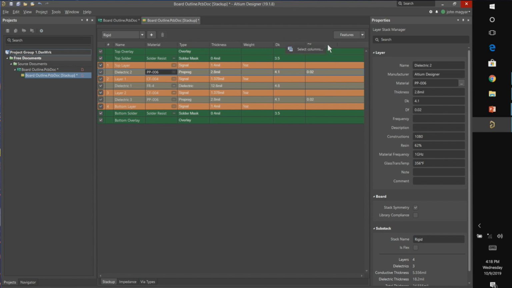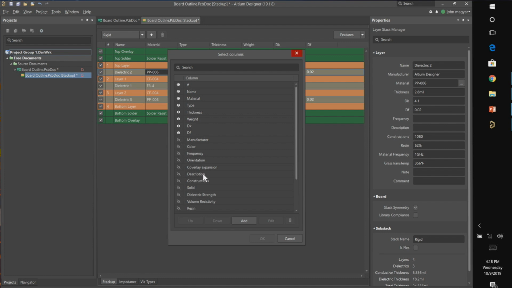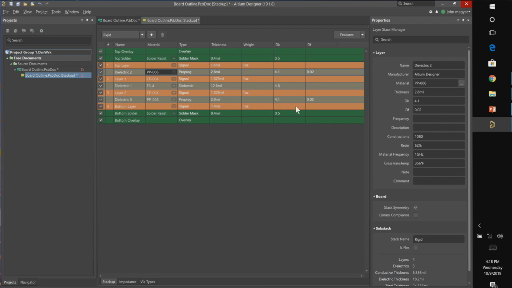And there are even columns that you can display. So there are many more types of things that can be shown. But all of that information then lives in the layer stack-up. And the layer stack-up has actually been separated out from the board itself. It lives in the board, but it's its own editable object. And you can save to the PCB, and that means any updates made to it go into that board and